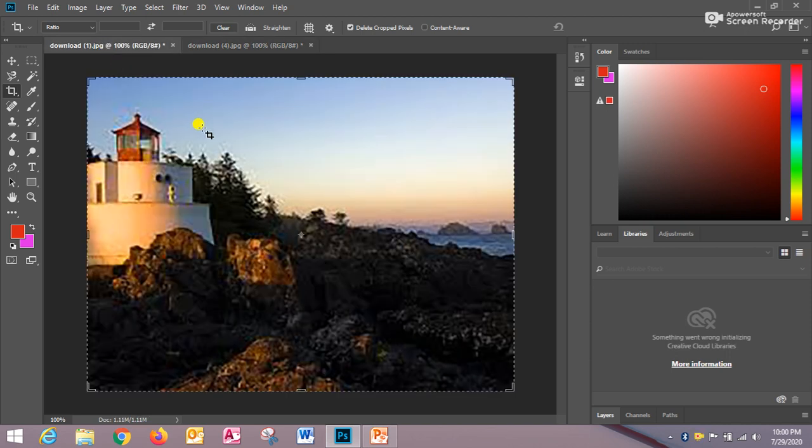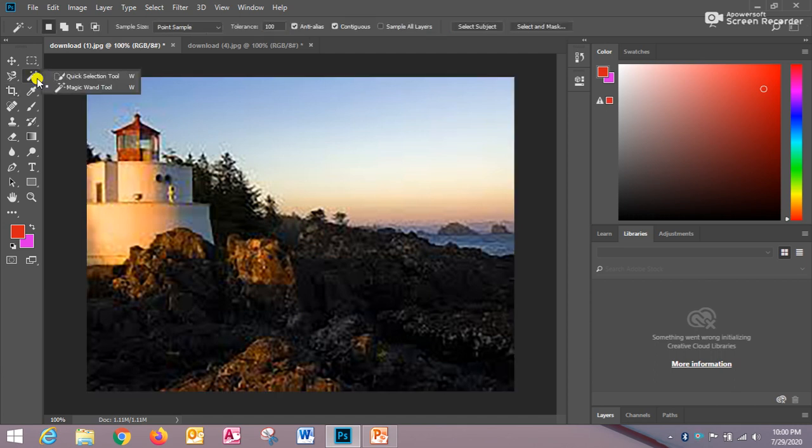Just have a look how we can do. This is the image which I have already opened. Now first of all, you have to select the magic wand tool. With the help of magic wand tool, then select tolerance 90 or 100 here. I have already mentioned here 100, set tolerance 100, and then select the area of an image. I am selecting this part. This is the sky part of the image.